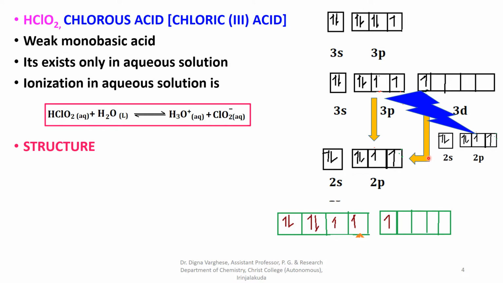The sp3 hybrid orbitals form 2 sigma bonds with 2 oxygen atoms and 1 pi bond with 1 oxygen atom, and there are 2 lone pairs, one is this and one is this, and here the one hybridized sp3 orbital